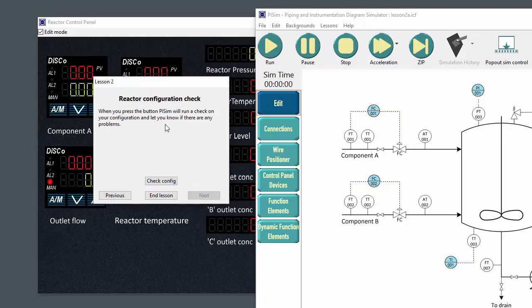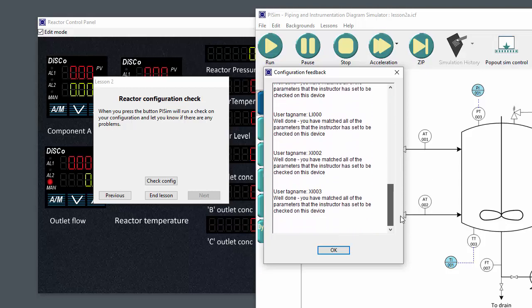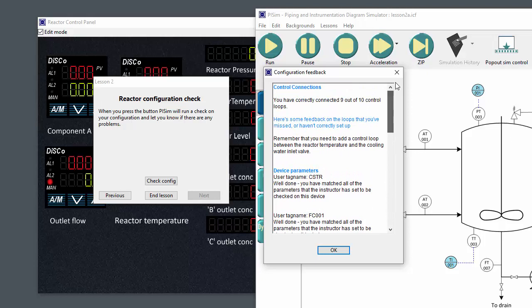Now this thing says we've got a reactor configuration check. I haven't done anything to this at the moment, so let's just check the configuration. It's telling us that we've correctly connected 9 out of 10 control loops. The purpose of that last lesson element was to get us to add another control loop, but we haven't done it. So it's telling us that there's 1 control loop missing, and the feedback provided by